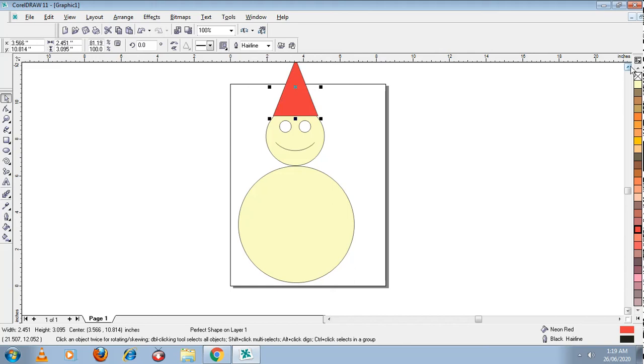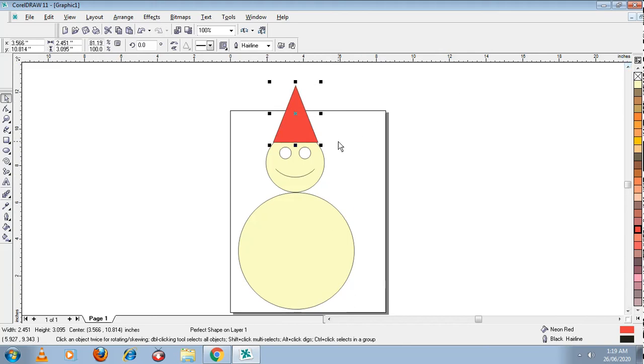Okay, now our cartoon shape is ready. It looks like a snowman, or what do you think? You just think over. Okay, now once it is ready, you will have to select all the shapes. How many shapes have we made? One is the smiley face, the other one is the circle, and the other one is the triangular shape. All these shapes, all these figures you need to select.